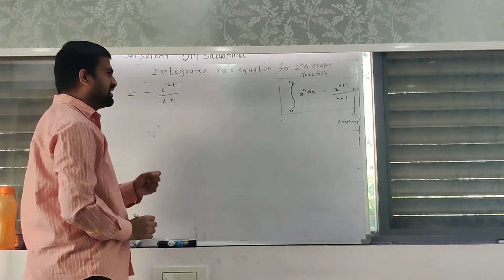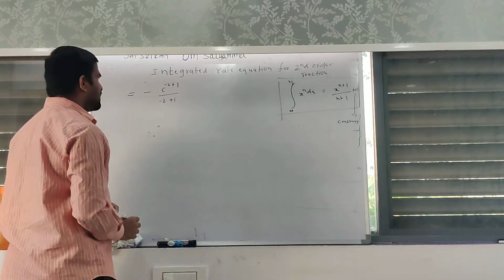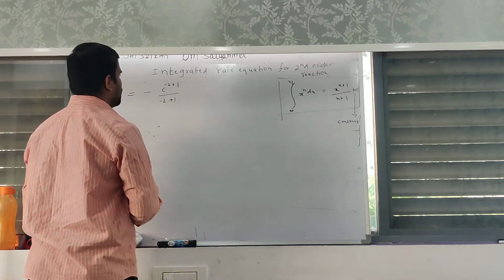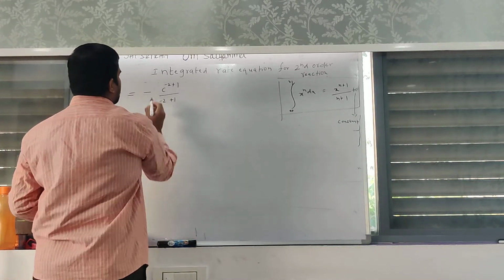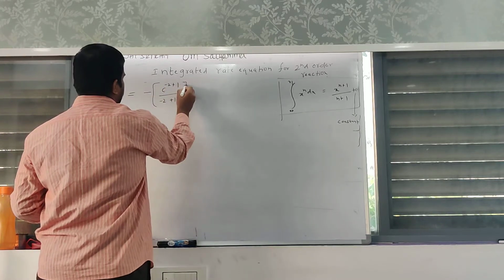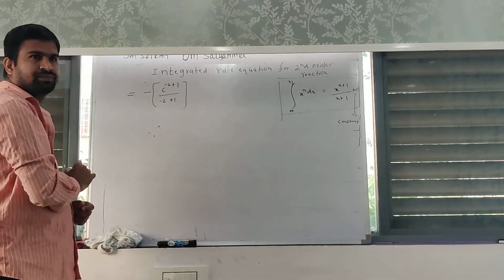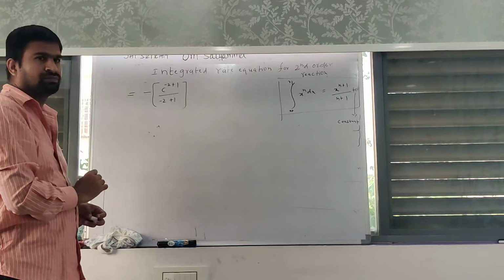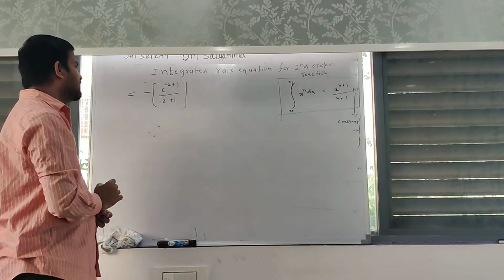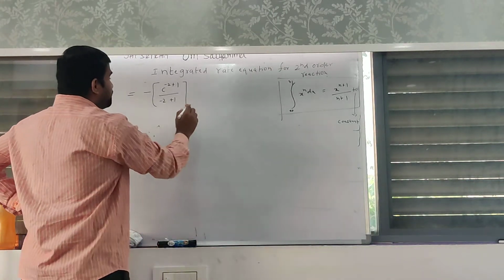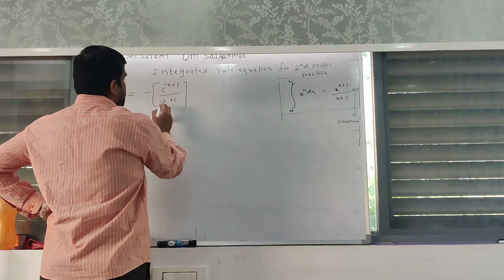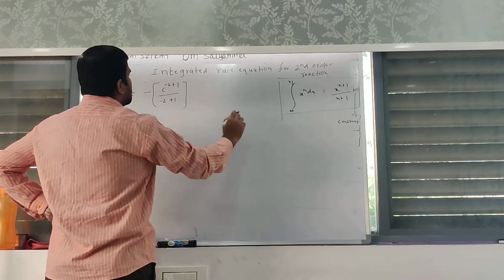The constant does not matter here, that is a constant value. C on the limits, c minus 2 plus 1, is equal to